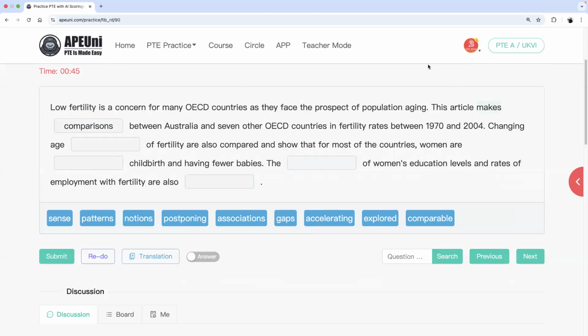And for your knowledge, you always make comparisons. You never do comparisons. You always make comparisons. So if you want to write this concept on your notebook as a collocation, you can write that we make comparisons. Changing age dash of fertility are also compared. Changing age sense, changing age patterns. So first thing again, if you have a look at your grammar,